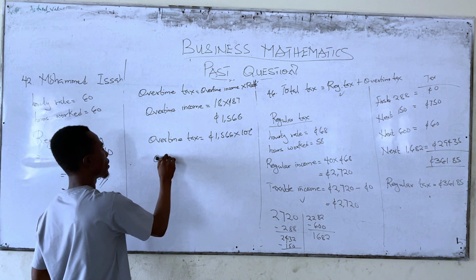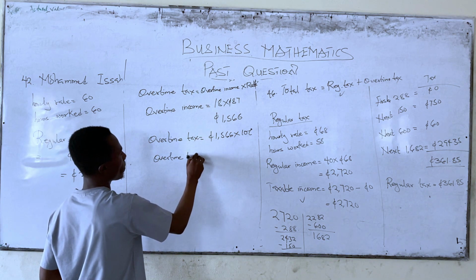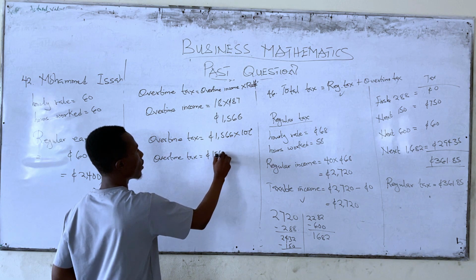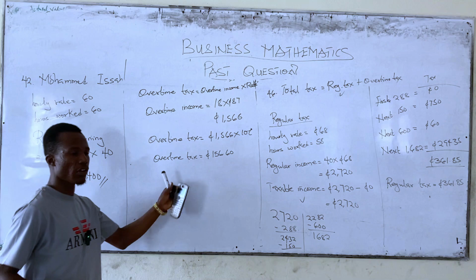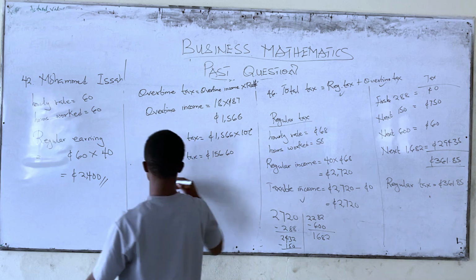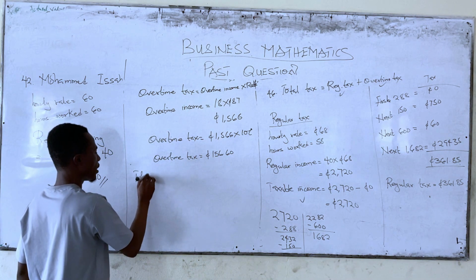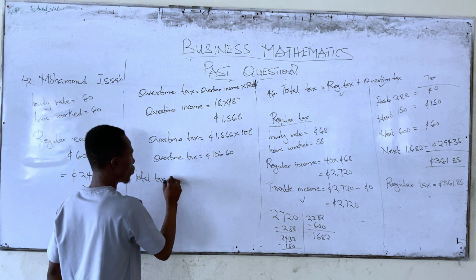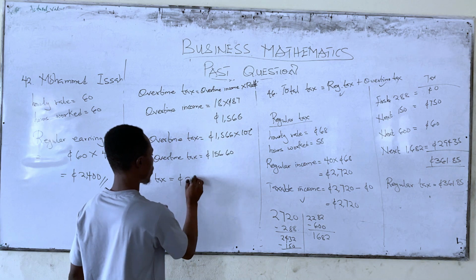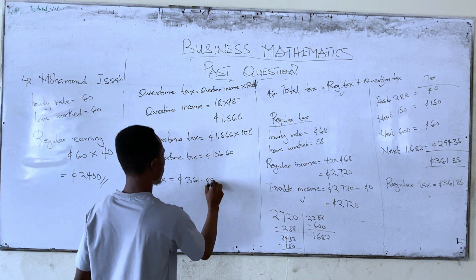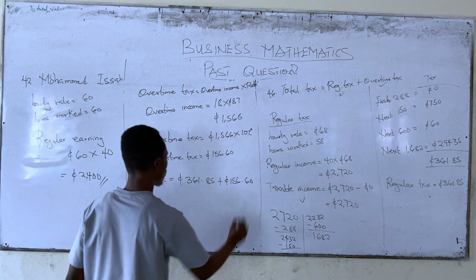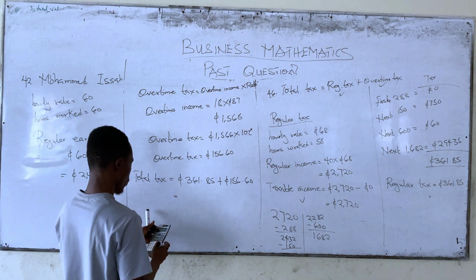So your overtime tax will be just one decimal place. So 156.60. So now that you have gotten overtime tax and the regular tax, this is the formula. You have gotten overtime, so you add the two. So the total tax that they are asking for will be equal to what? Your regular tax, 361.85 plus the overtime tax, 156.60. Okay, so when you add the two,